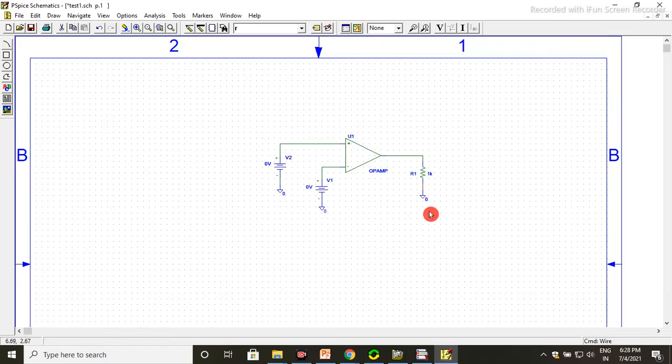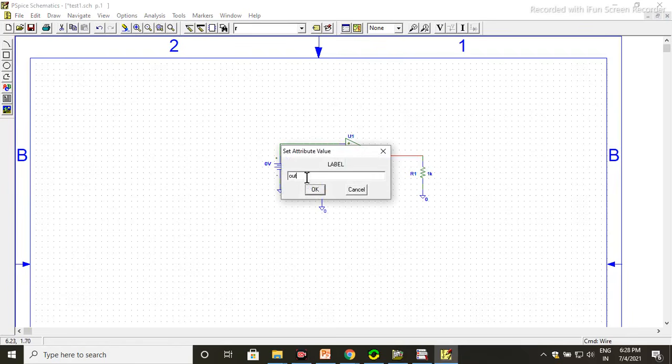Then we maintain the level. Suppose the output terminal is connected, mention the level. Here you double click on this wire. Level means we write the output as "out". Okay, this output terminal, mention the out. Suppose in the non-inverting terminal, the input is mentioned as input 1. Double click on this wire, this is in 1. And for the inverting terminal input, we write the level in 2.